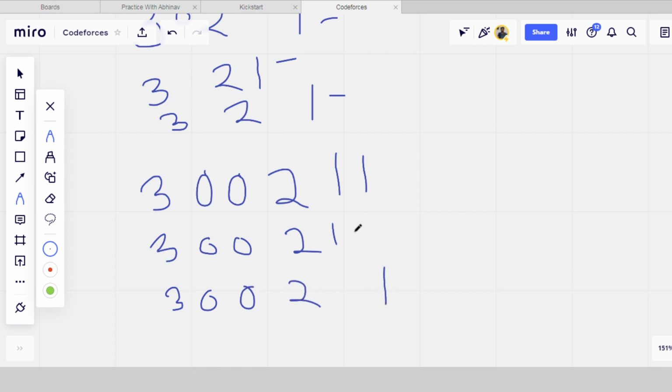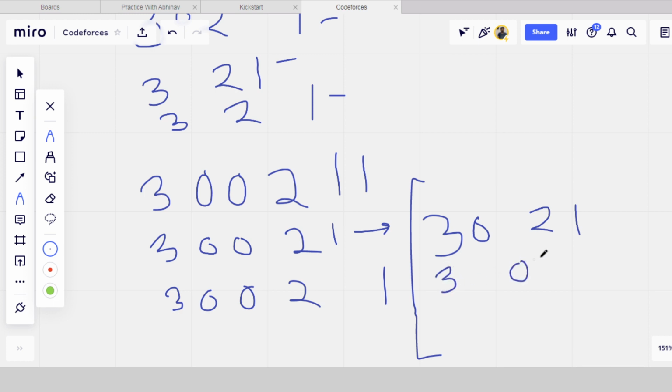The other possibility is that when we are taking this one, okay, then the possibility that we can take 3 0 2 1. Okay, then the next possibility is in that one only 3 0 2 1, means this time we are taking this 0, not this one, second 0. Other possibility is that don't take any 0, just 3 2 1. So there are basically 3 possibilities.